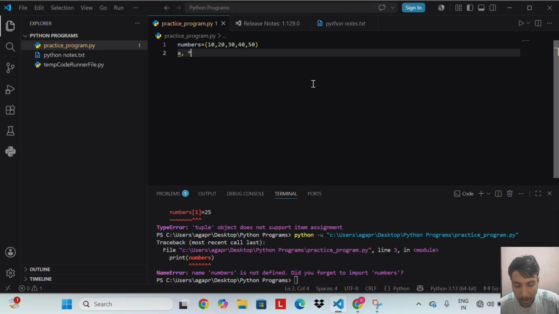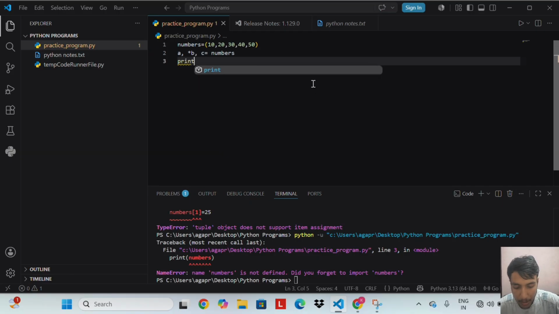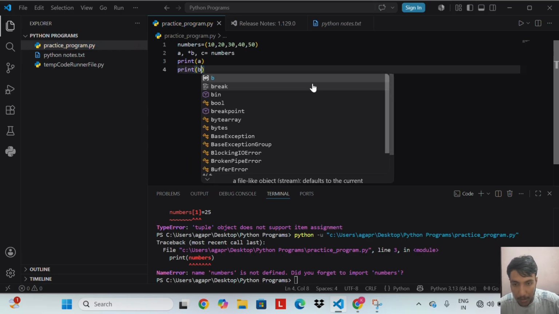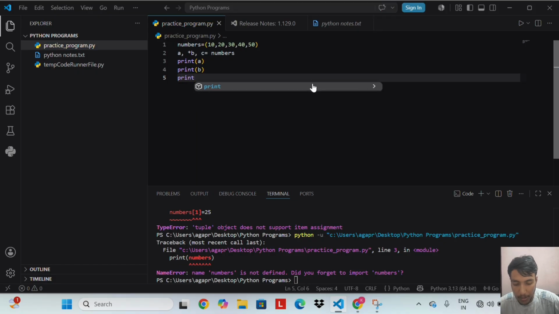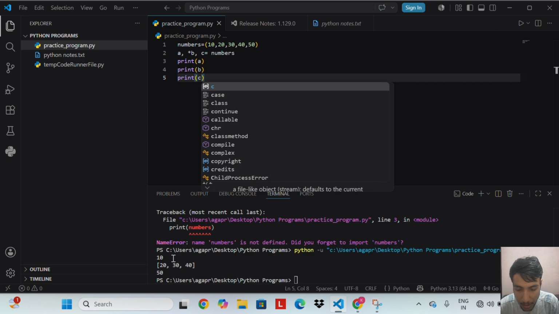A, *B, C equal to numbers. Print A, print B, print C. Let's run this code. We get the output: A is 10, B is 20, 30, 40 in a list, and C is 50.